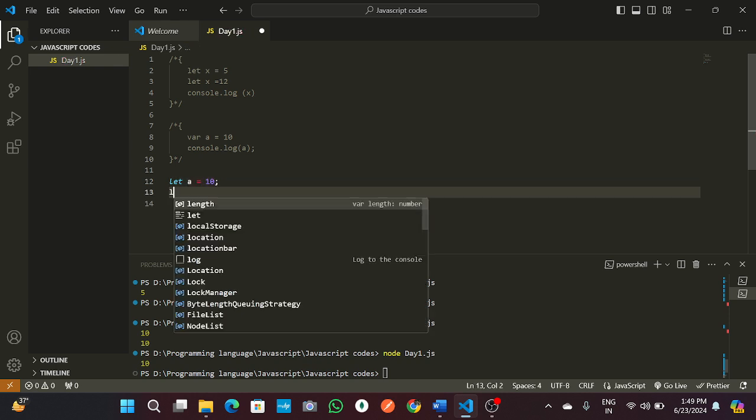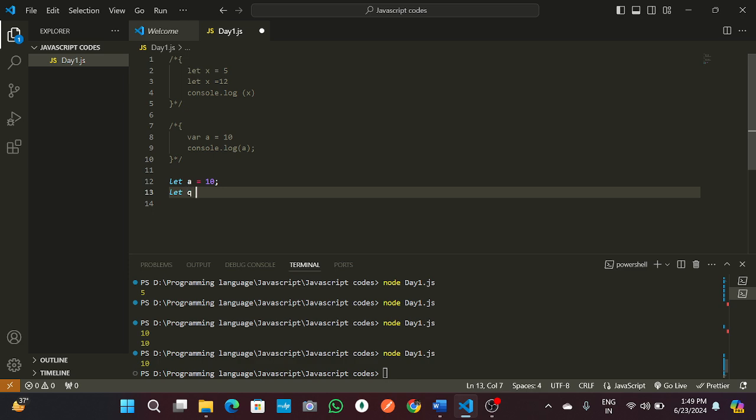Again, we are using let a is equal to 20. Now you can see that in our code we are not able to redeclare the variables